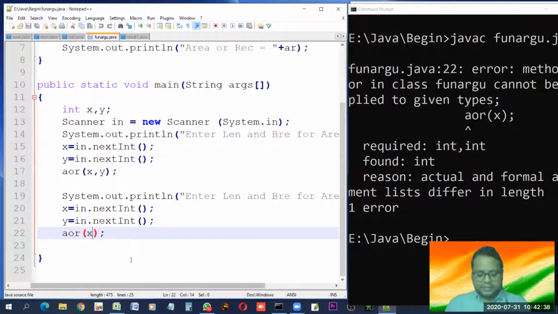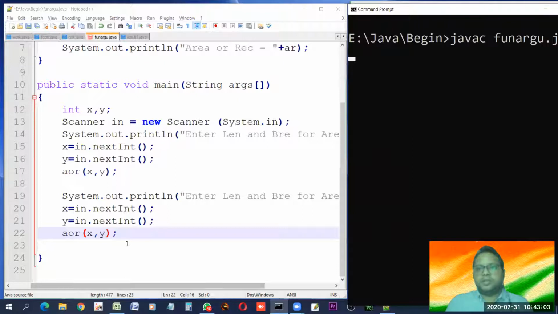The mistake is from the last class. Okay, look, what is the mistake? Earlier I just corrected it, but only one argument was given, while the function is designed to accept two arguments. That's what this error is. So let us resolve the error by giving the proper number of arguments, and come back here. Now once again try to compile it.